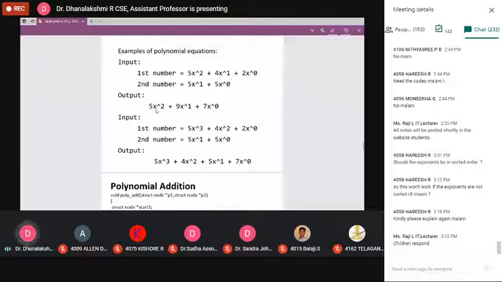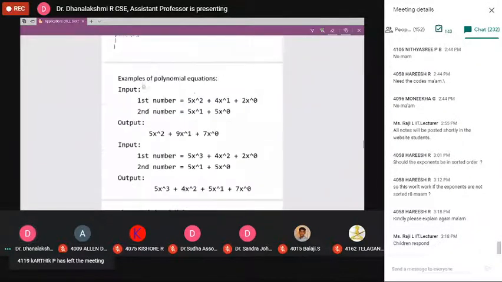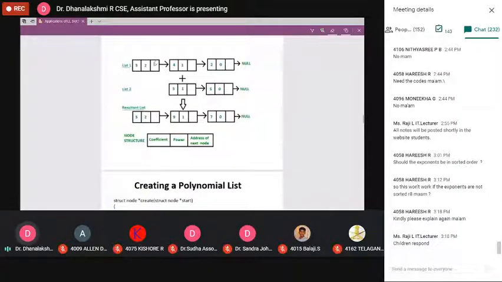Now I told you once we have taken the data from list 1, immediately you have to move this pointer alone, so I'm incrementing P1 is equal to P1 of link, that means P1 of next pointer. Now we are assigning P1 a new address. P1 is equal to P1 of next address. It points to the second term, second node. Now you have to place P1 here.